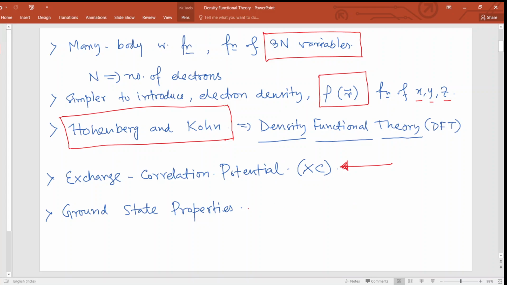The output that we get from here will tell us the ground state properties of the system. Usually when we don't have any external disturbance, what sort of behavior do we expect? Whether it is semiconducting or metallic, or even magnetic behavior, different properties you can estimate. And usually the results are representative of the ground state properties of the system.